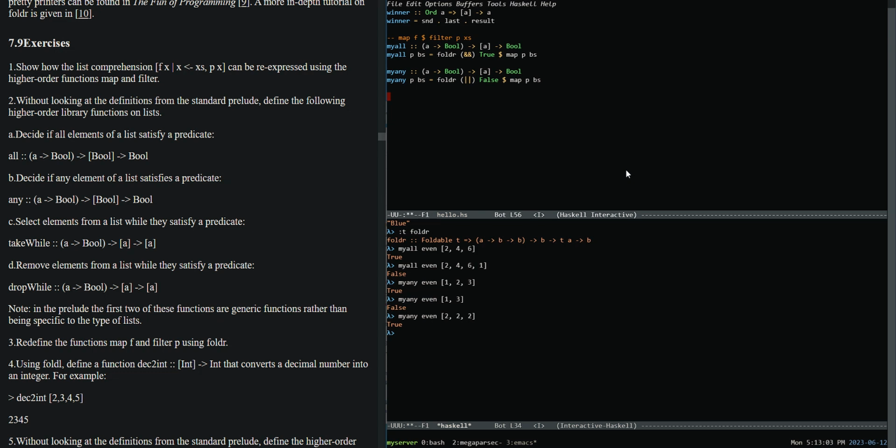Select elements from a list while they satisfy a predicate. My takeWhile, a to bool, to a. I don't know about that one. I think we could